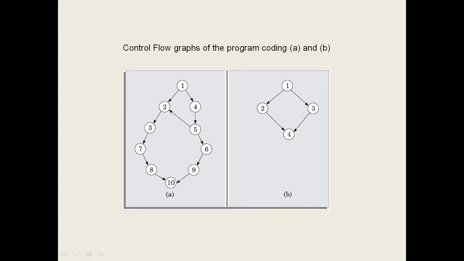So when using the first program, that is program coding A, it has a more sophisticated control flow graph. The execution starts from the first statement, then from the first statement the execution passes through the second statement or to the fourth statement. We have used an else statement there in the fourth statement. So from the fourth statement, the execution flows through the fifth statement,